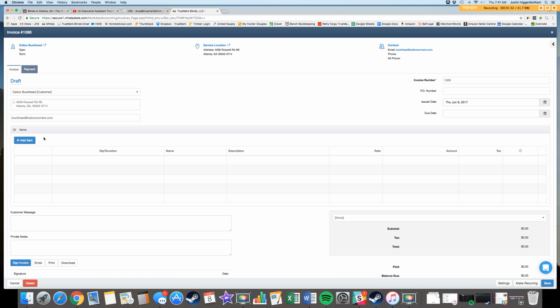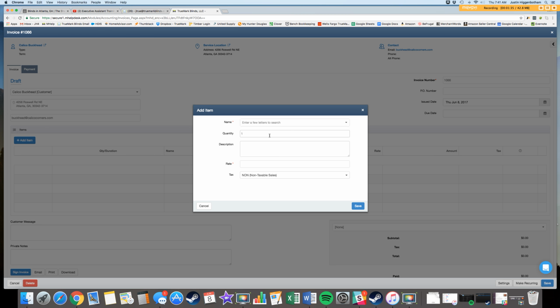So what we're going to do now is just add items. So say we had 10 measures for 1 week, and at the end of the week we're going to invoice them. We're going to put all 10 of those in here right now. But for right now, we're going to do one at a time. So we're going to start typing in measure right here. So measure right there. You got to make sure it's on labor, non-taxable, because that's just labor. We're not selling a product, so it's not going to be able to be taxed. So one measure, and then right here,